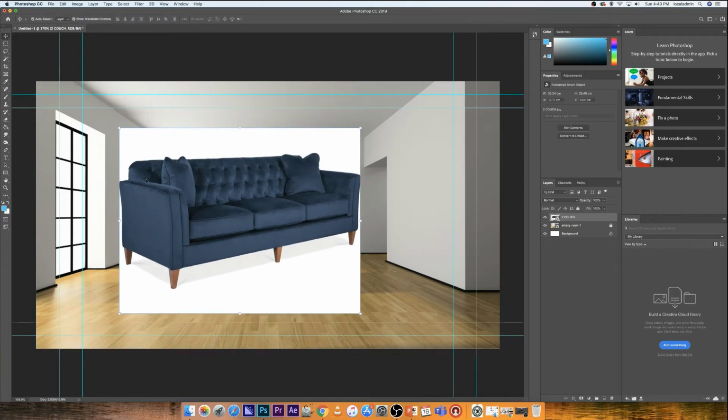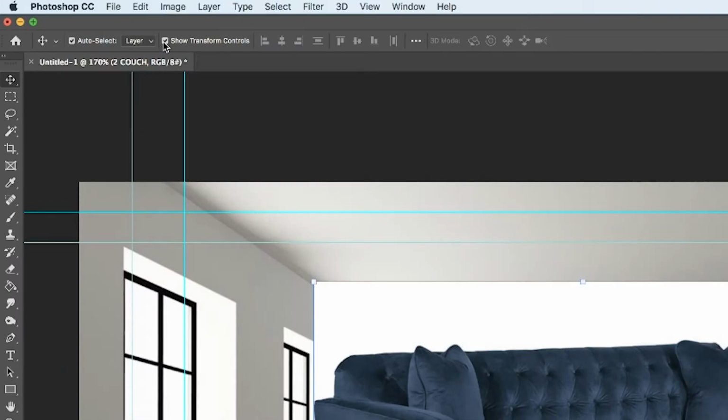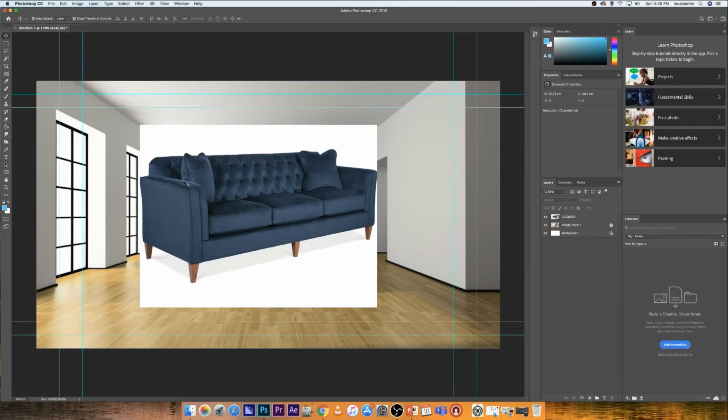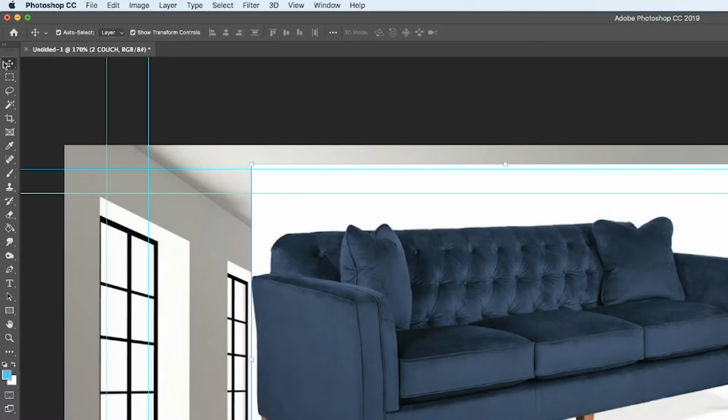Obviously I'm on the Move tool right here where I can click and drag. Make sure that if you are on the Move tool and you want to see your transform controls right here, they are turned on by checking that. For some reason Adobe leaves that off, and you have to check that. Also make sure auto select is on, and then when you click things you can auto select, which is great. So again, you can make this bigger or smaller using that tool, but what we want to do now is